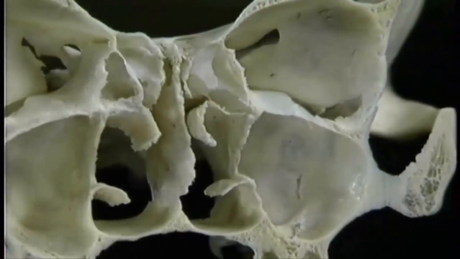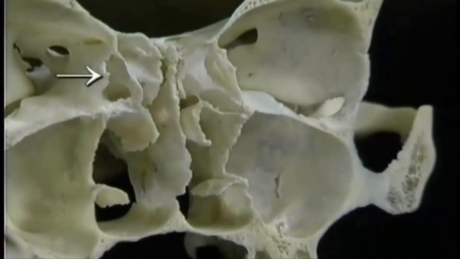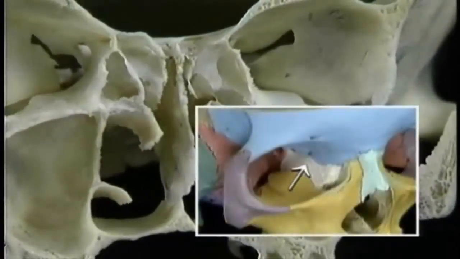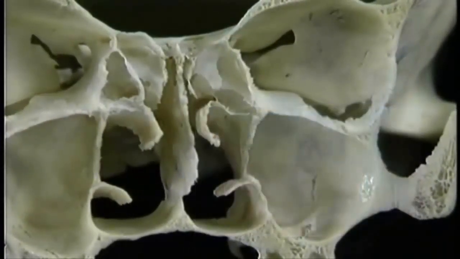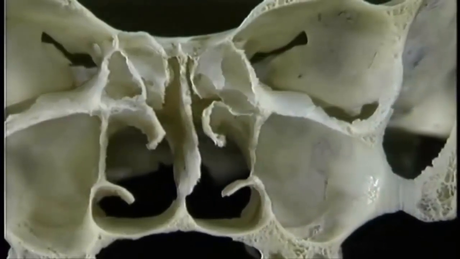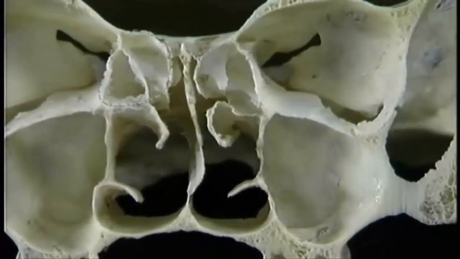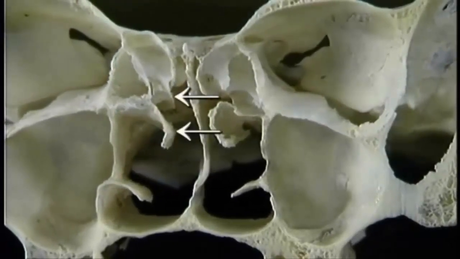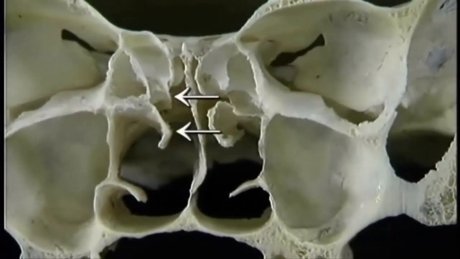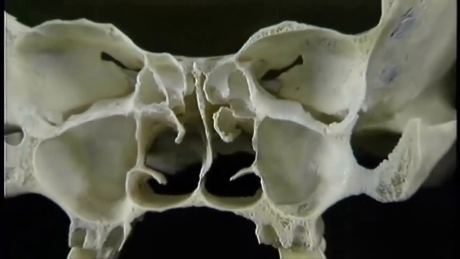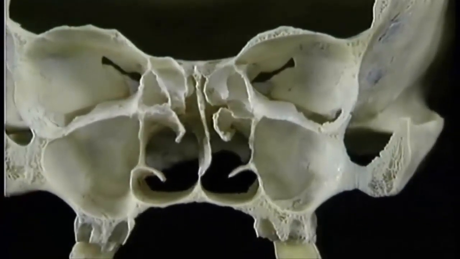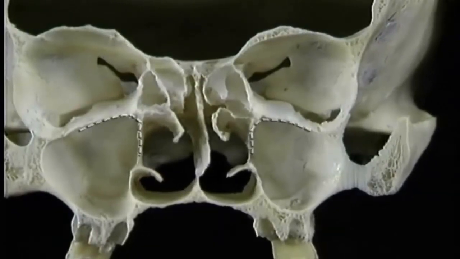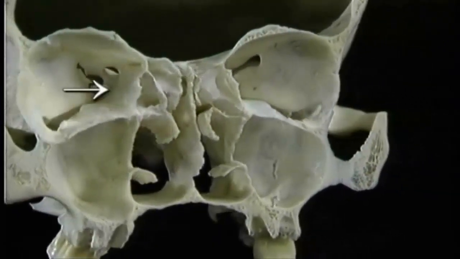The most lateral part of the ethmoid bone is this paper-thin layer, the lamina papyracea, which forms this part of the medial wall of the orbit. Between the lamina papyracea and the upper part of the nasal cavity are the ethmoid air cells, as we've seen. The superior and middle conchae are also parts of the ethmoid bone. The ethmoid bone is joined to the frontal bone above, the maxillae below, and the central part of the sphenoid